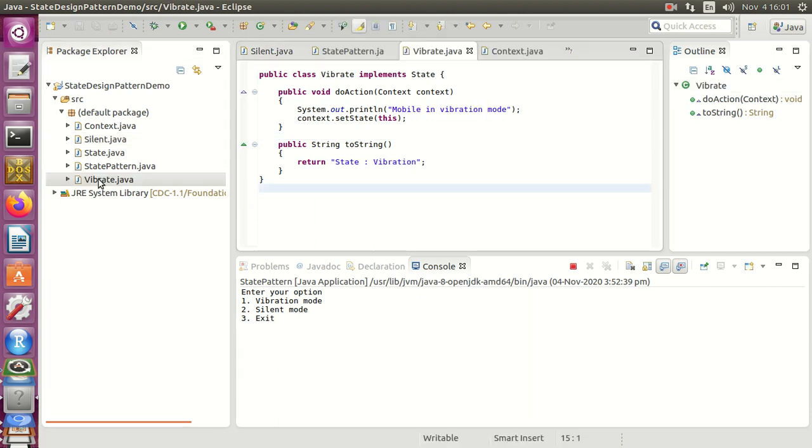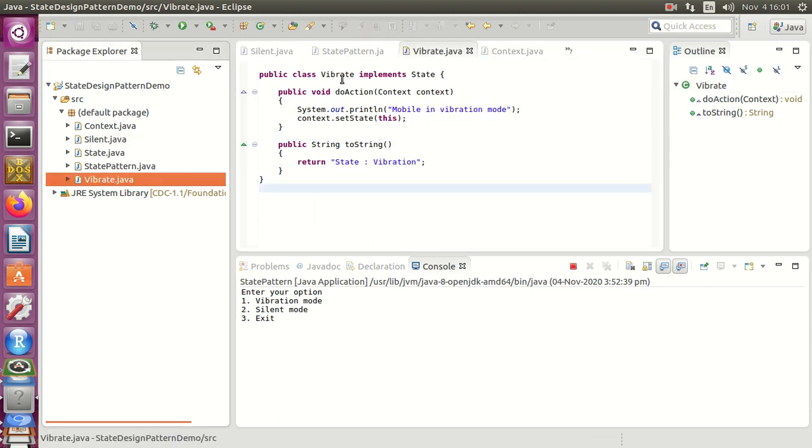After that, the same vibrate.java concrete state class implements the state interface, and in its do action method a message is there, mobile in vibration mode, and again depending on the current behavior we are setting the next behavior of our state.